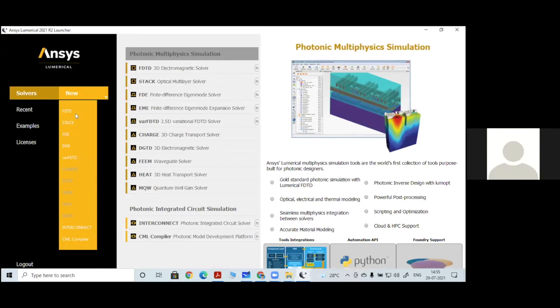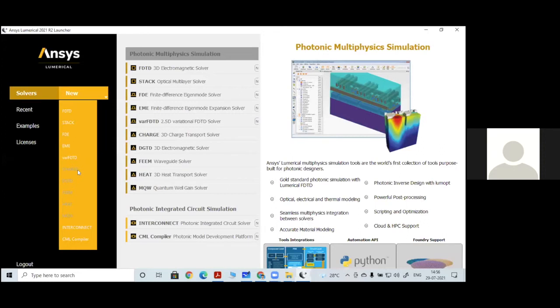Some of the standard solvers are the FDTD solver, the stack solver, the finite difference eigenmode solver, then the EME solver, which is also an eigenmode solver, and then variational FDTD. Some examples are not activated, such as the charge module, which is mainly used for analyzing electro-optic related examples, like if you want to know the charge and all those things.